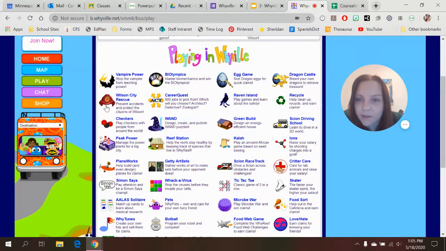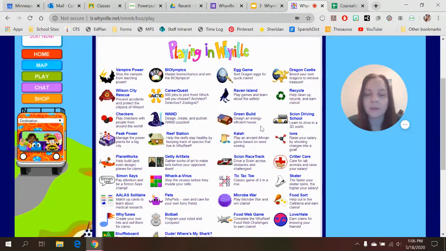Wilson City Rescue, that looks like something with being a firefighter. And we see Peak Power, manage the power plants for a big city. Reef Station, help reefs stay healthy. Greenville, design an energy efficient house. So all of these, or most of them, have something to do with a type of career. A couple of them don't, like I see checkers.